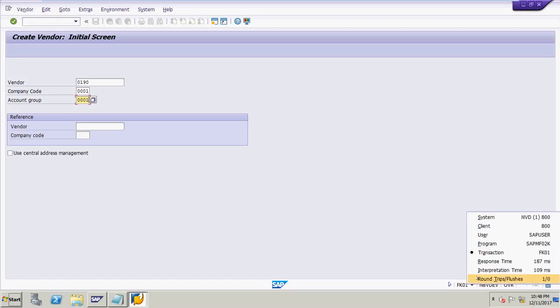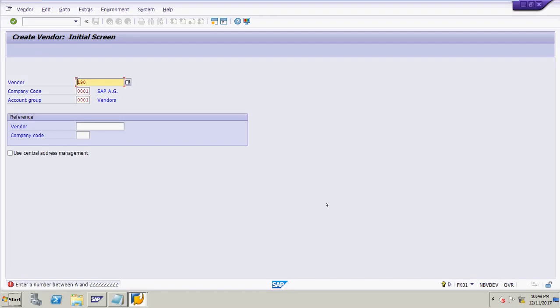Click here and you can see the list of functionality: the client number, transaction code, program name, and which user it is. Now press the enter button.